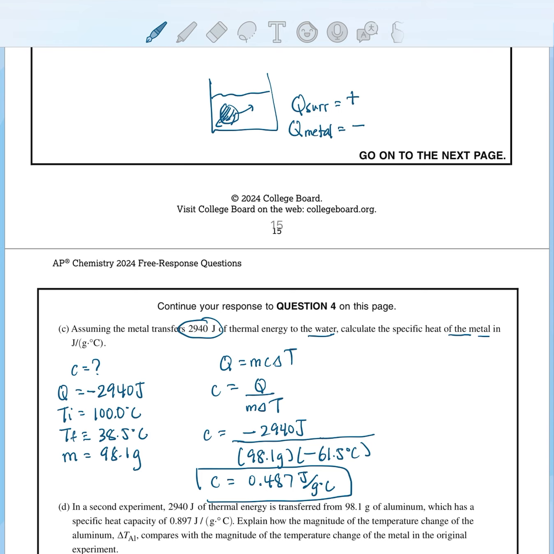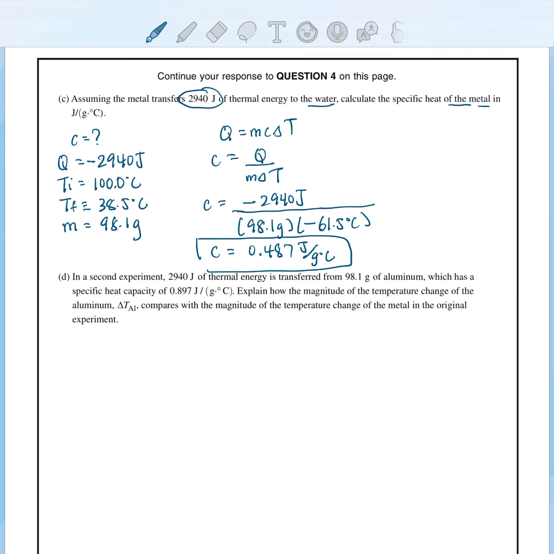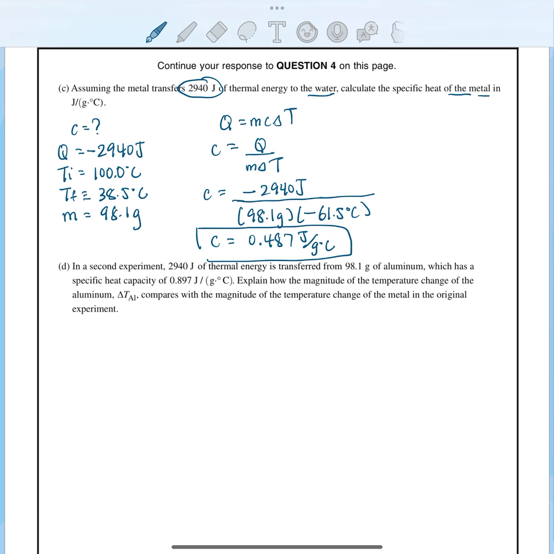And then finally, let's move on to question D in this problem. So in a second experiment, 2940 joules of energy is transferred from 98.1 grams of aluminum. So we've changed the metal now. And aluminum has a different specific heat capacity. Explain how the magnitude of the temperature change in aluminum will compare with the temperature change of the metal in the original experiment. So we already know that metal 1, that's my original one,